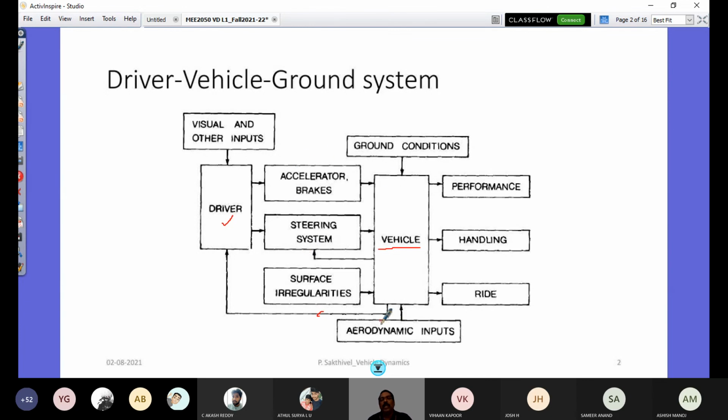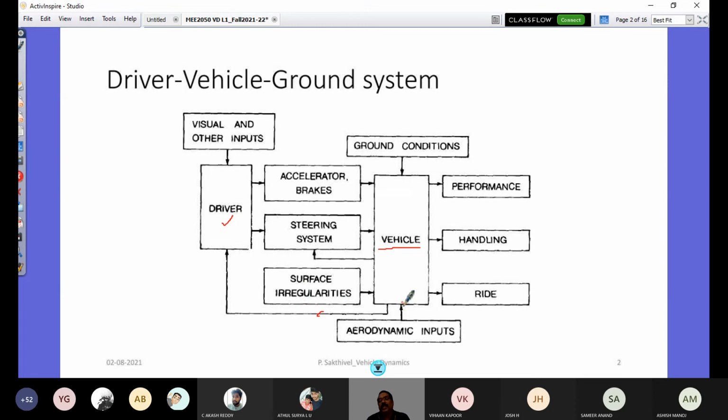How all this is going is because of this flow chart. So this understanding of driver, vehicle, and environment goes into developing such kind of intelligent vehicle, right? So that's what you understand from this picture. And you see there is also surface irregularities. Other than the driver, the vehicle gets input from surface irregularities, because that's an important aspect of interaction of the vehicle with the road surface and the vehicle with the environment.